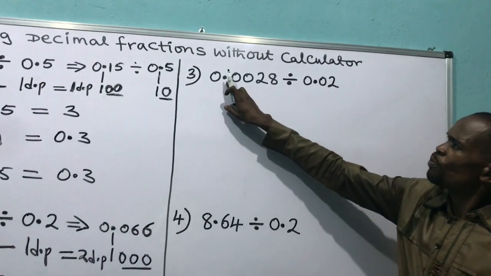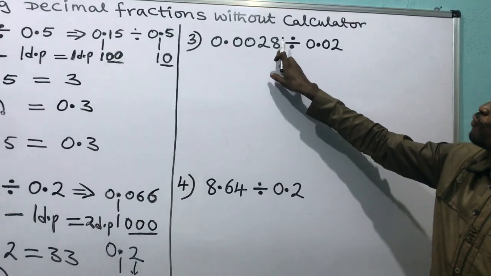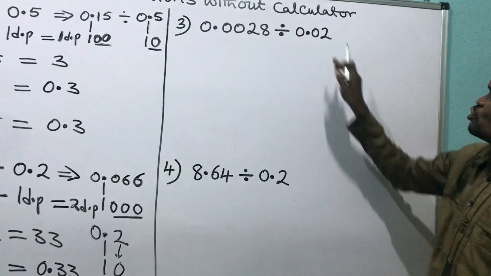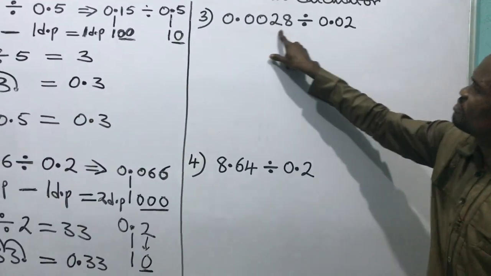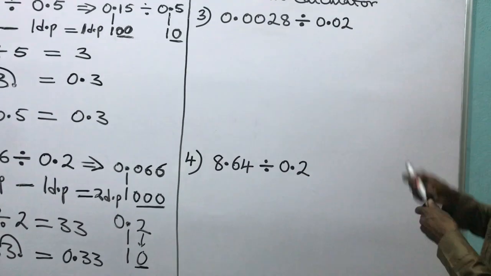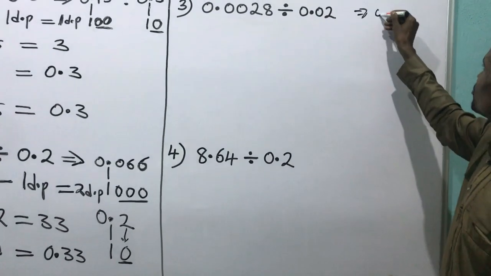We are dividing 0.0028 by 0.02. I'm going to first find the decimal places of this value. How many decimal places are in this value? And that implies that I have